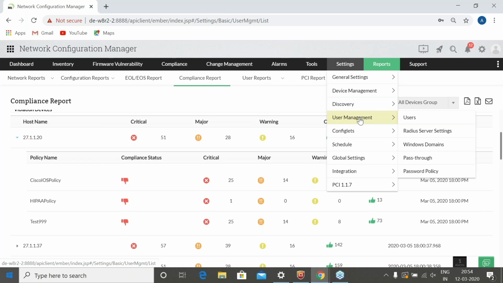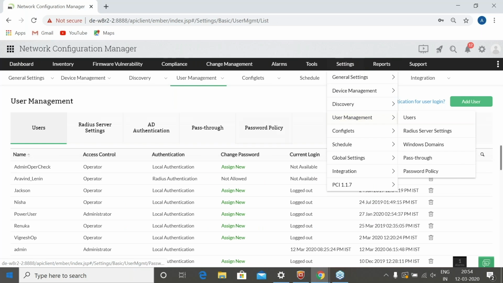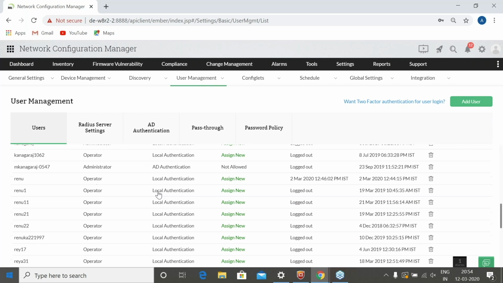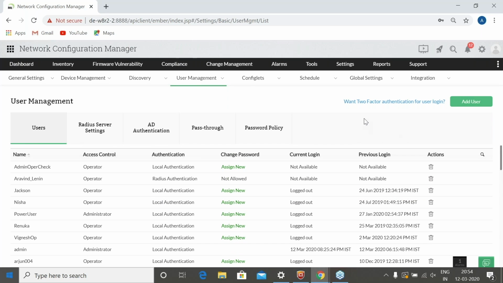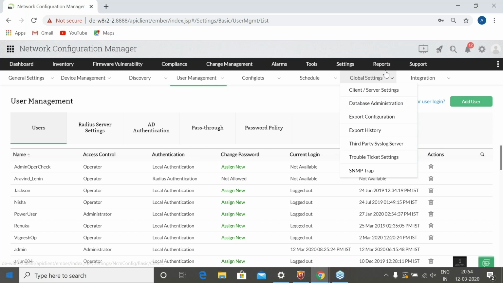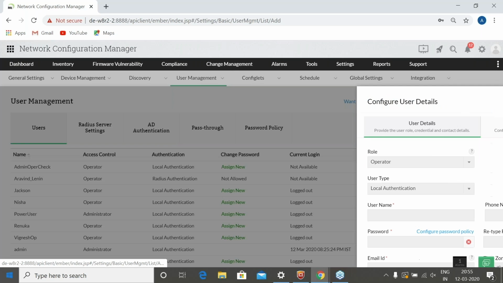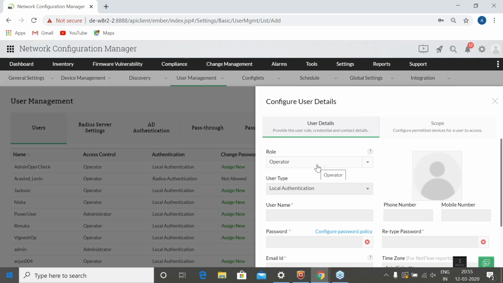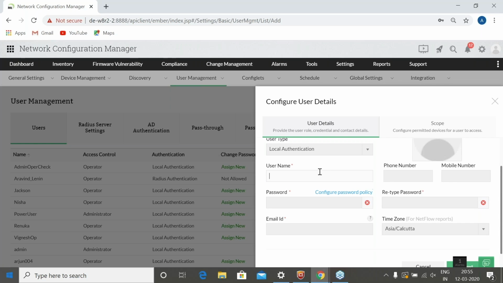Go to settings, user management. So here you can see all the users in your network environment. And in order to add a new user, all you have to do is click on add user, and you can choose a role. You can assign a role for this particular user. So we are giving operator permission to this user, and the username,